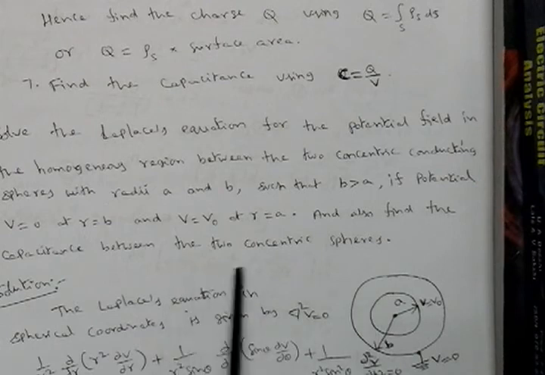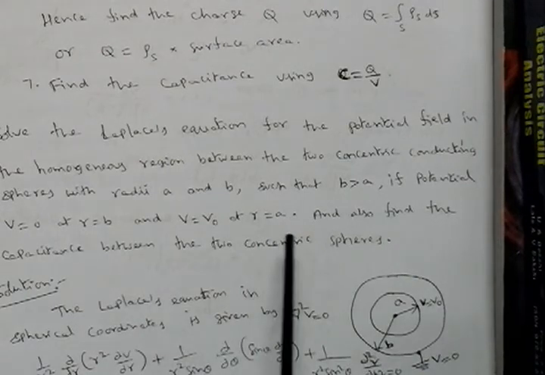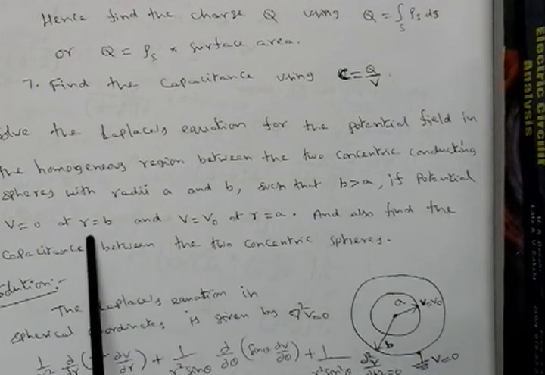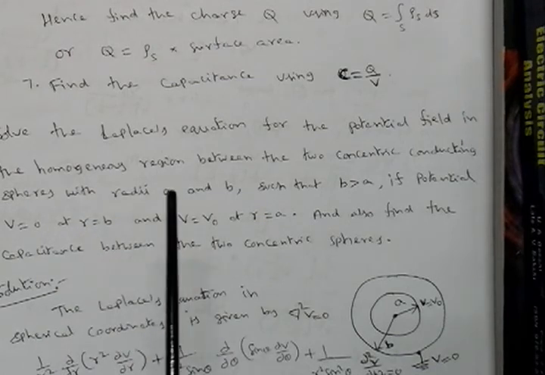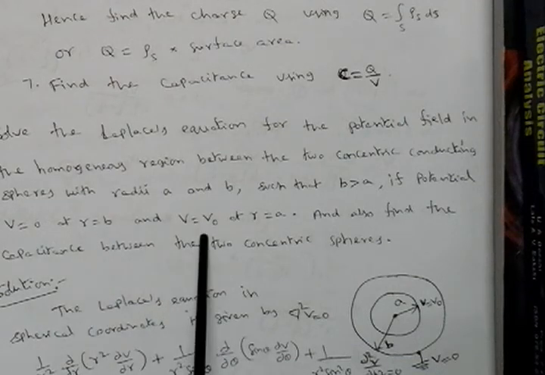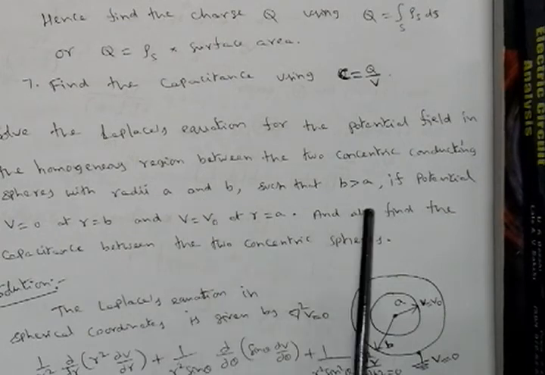So it is mentioned very clearly in the problem. It is a concentric sphere, that means we need to apply the spherical coordinate system. So what are the main variables in this? One is the potential, another one is the radius. That means the given problem is mainly varying with respect to the radius only. When the radius varies, the potential value also varies. So it is a function of radius r only, and it is not a function of any other parameters or variables.